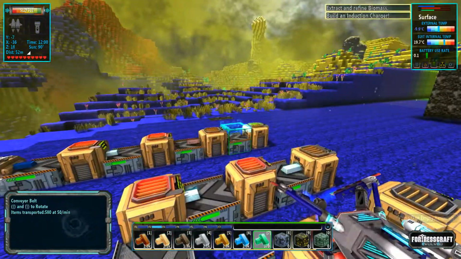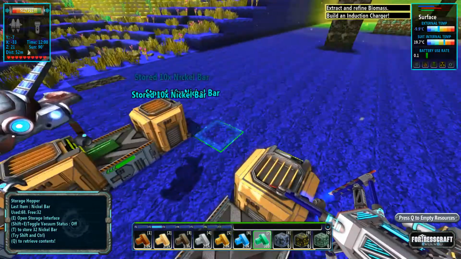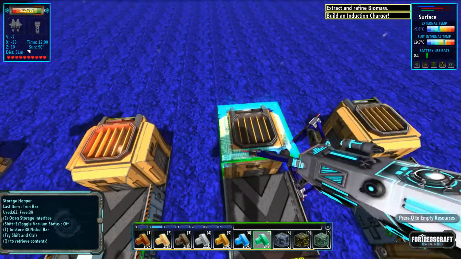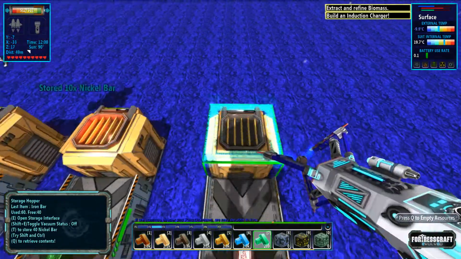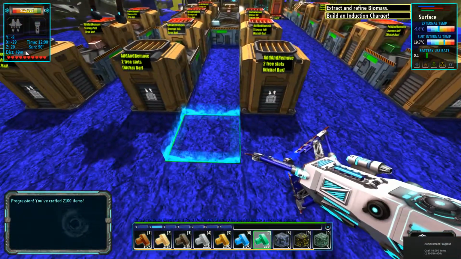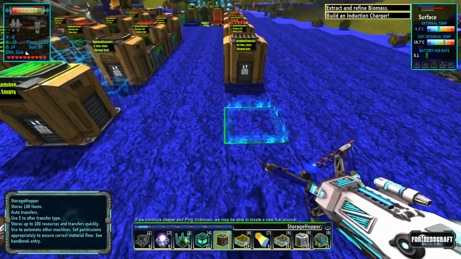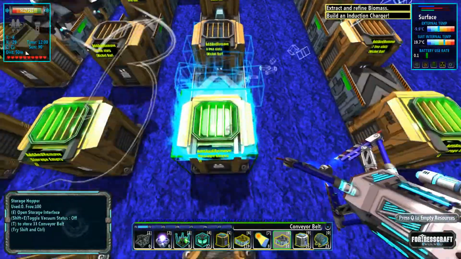Alright, so we need 70. Can we fit 70 in here? 1, 2, 3, 4, 5, 6, 7. And then 210. 1, 2, 3, 4, 5, 6, 7, 8, 9, 10. So now we need another... So that's 110. Let's just do some more, because we are going to start to get into the ridiculous realm of these guys. So we need...